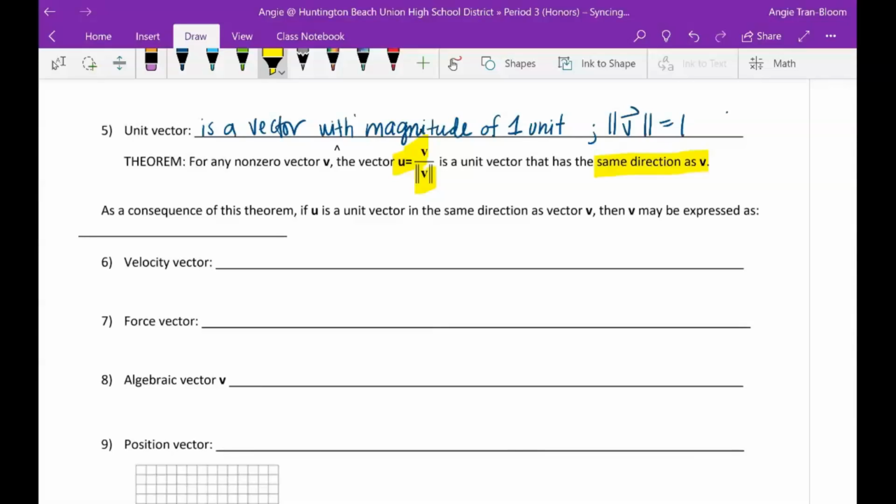As a consequence of this theorem, if u is a unit vector, so if I give you the unit vector and it has the same direction as vector v, then we can find vector v. All we do is multiply. To find vector v, we multiply the magnitude of v by the unit vector. You're going to find out soon what the properties of multiplication and addition of vectors are. 6. Velocity vector represents